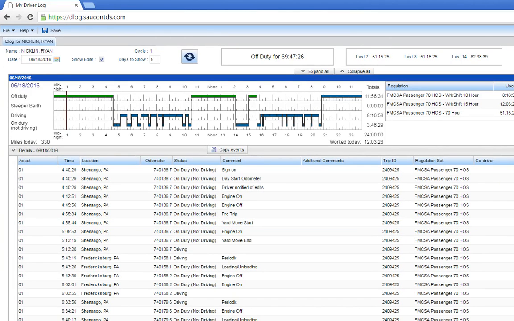This video is going to explain one of the most common errors that we see on logs and notifications that you'll receive for the log audits, and that is the unassigned movement. This essentially is when you have driven the vehicle, one of the commercial vehicles, one of our buses, without having